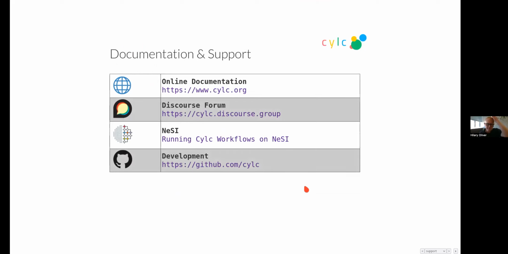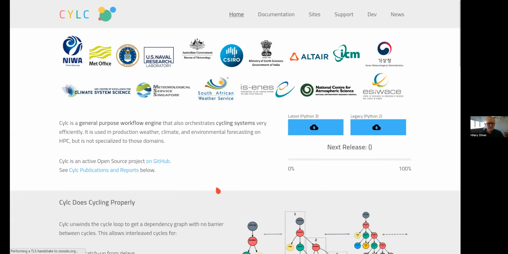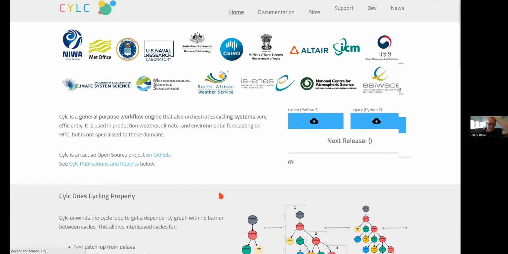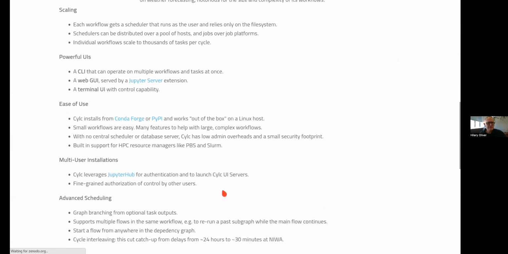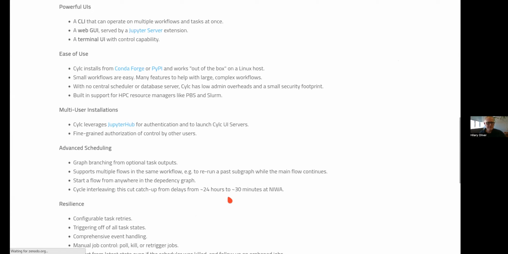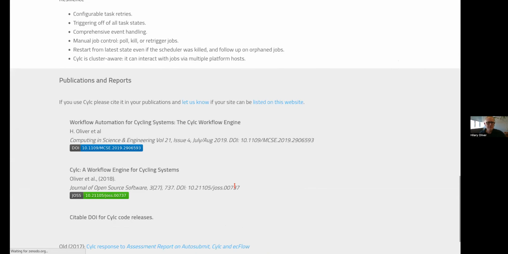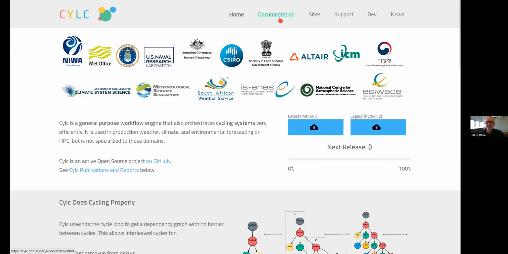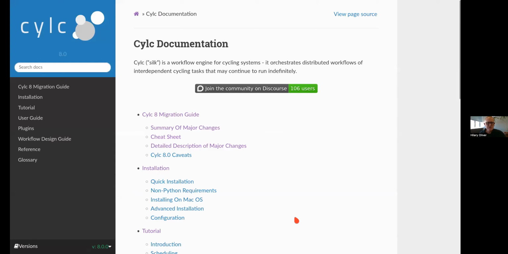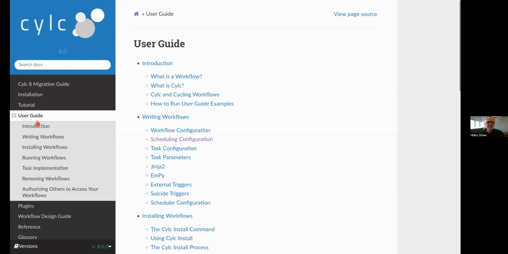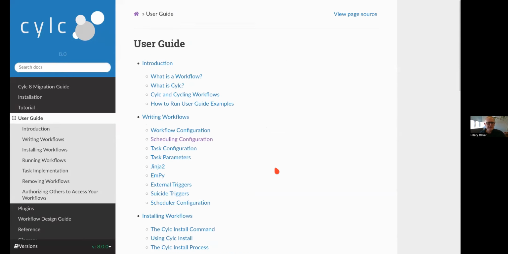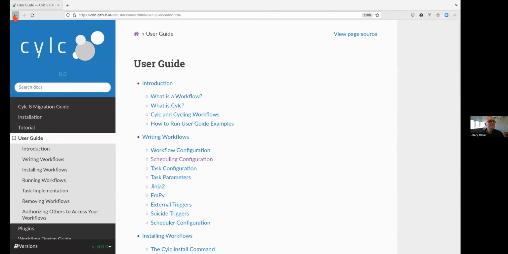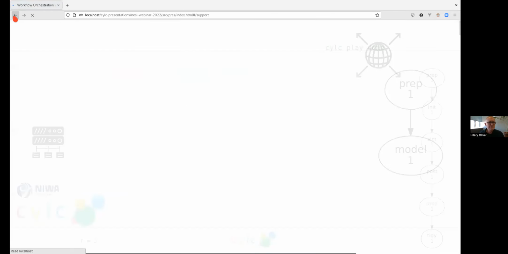Right, where can I get help? So we've got a website, cylc.org. That can be your first stop if you need help. That's what our website looks like. The front page has a fairly comprehensive list of features and capabilities you might want to read, and some links to references. And at the top, the documentation link will take you to our online documentation, which has been massively revised, and a very comprehensive user guide there. So that's the online documentation.